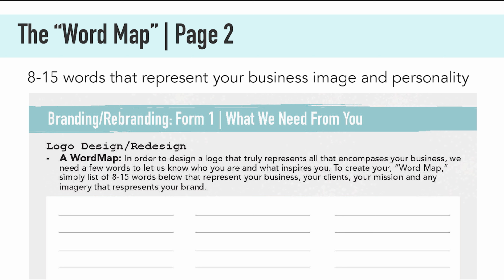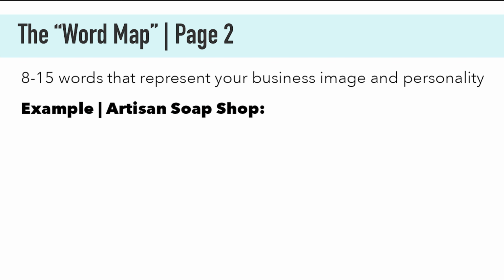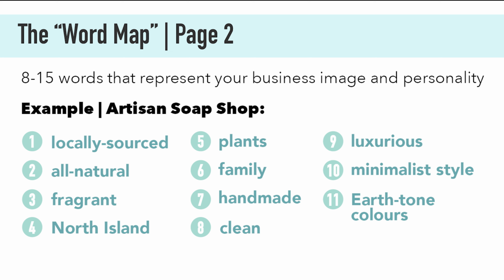As an example, if I owned, say, a handmade soap artisan shop, I might use the following words to represent all that my shop is in my logo design. So I may put locally sourced, all natural, fragrant, North Island, plants, family, handmade, clean, luxurious, minimalist style, earth tone colors. The word map is necessary to help the graphic designer envision and create a logo for your business that